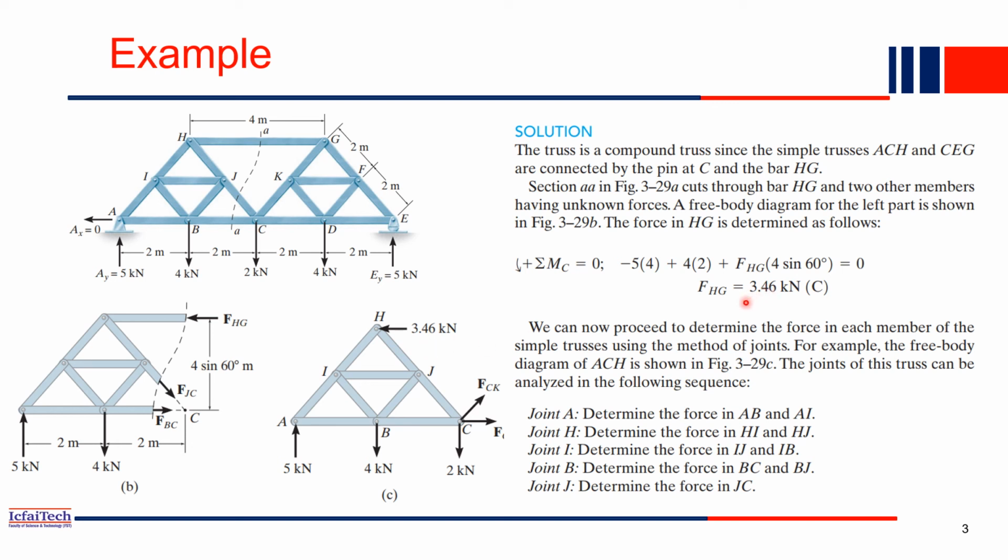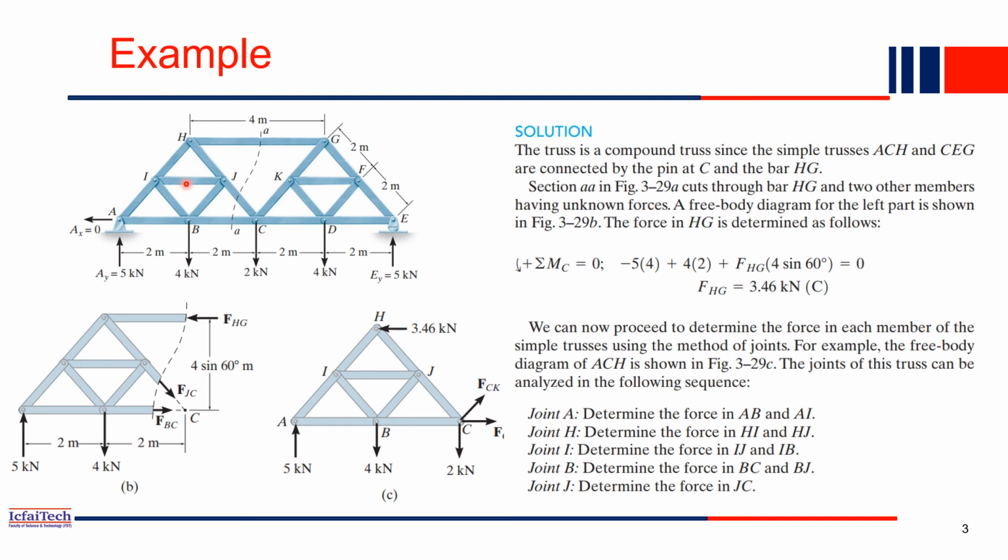We just substitute the value we got here and replace it here. So now it is a simple truss where the external load acting is 3.46, and the vertical forces are there anyway. Now this is a simple truss. We can find the member forces using the method of joints. Similarly for the next portion, this part also is now a simple truss. Again, this can also be analyzed using the method of joints. So that's how we calculate the compound truss.